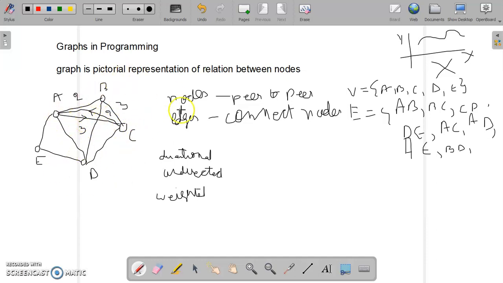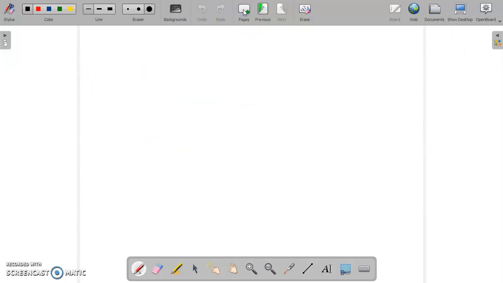So this way we can have weighted edges also. Now the question arises how to represent this data structure inside the computer's memory. There are two representations. One is the linked representation and the other is the array representation. So in array representation, what we will do,